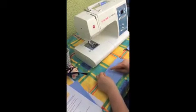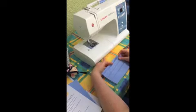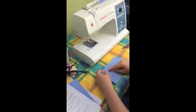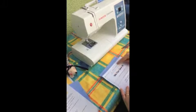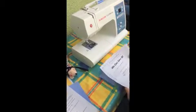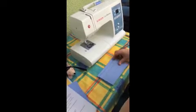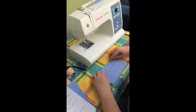At this point you can use some chalk, fabric chalk, to mark the seam that would be at the top. This is for the nose piece, the metal nose piece that would be put in by staff or whoever's going to use the mask. I've done it that many times, I'm not going to use the chalk and mark it,